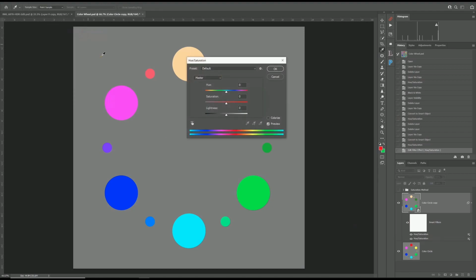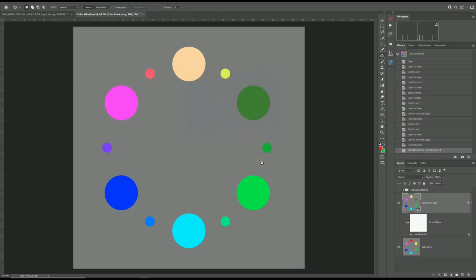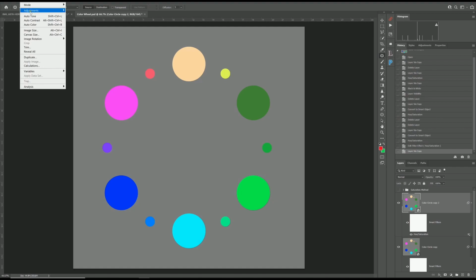But if I forget to do this, and instead I go to image adjustments, hue and saturation, what I actually get is a second smart adjustment in here. And I'm not accessing what I had previously, so the reds and the yellows aren't showing any changes, and that's because they're on a different adjustment. So I clicked on OK. But the other problem is, let's check out the file size. The file size has gone to 252 megabytes in size. So if we then duplicate this layer,